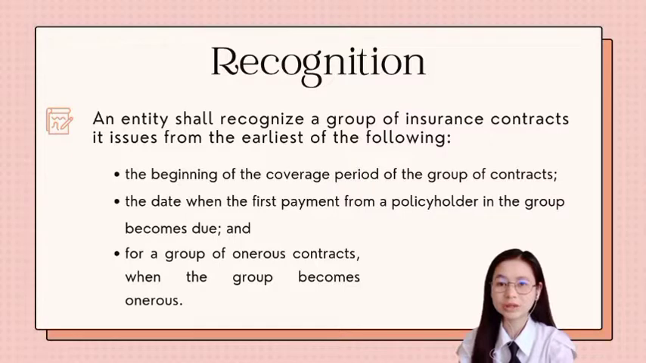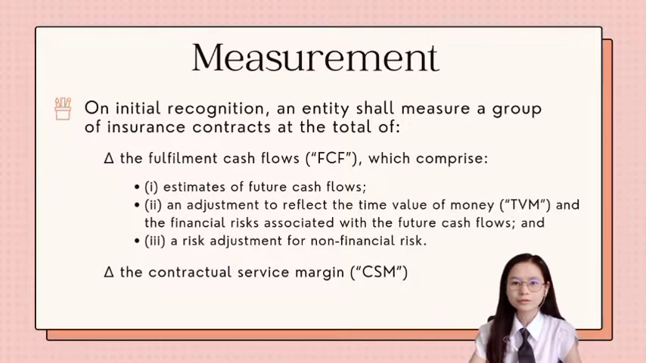First, the beginning of the coverage period of the group of contracts, the date when the first payment from a policyholder in the group becomes due, and for a group of onerous contracts when the group becomes onerous. For the measurement, on initial recognition, an entity shall measure a group of insurance contracts at a total of the